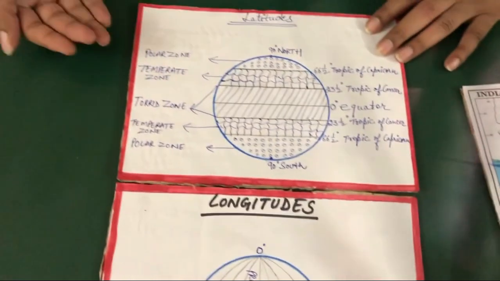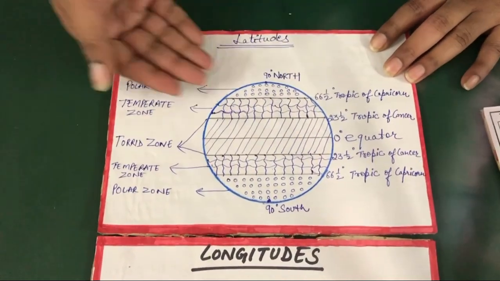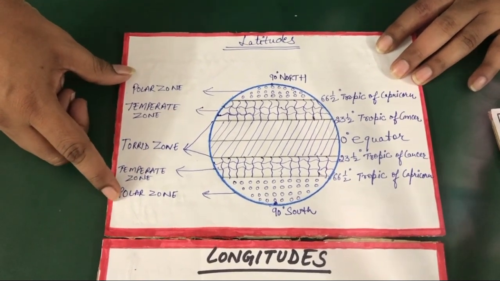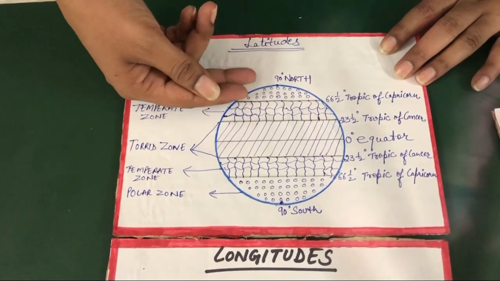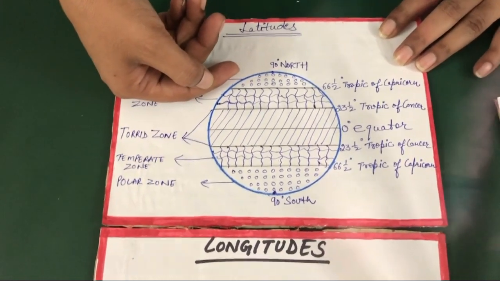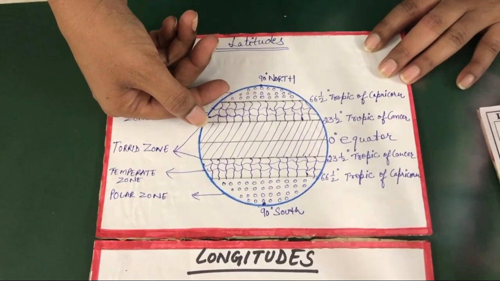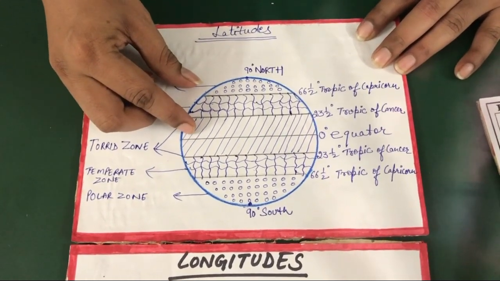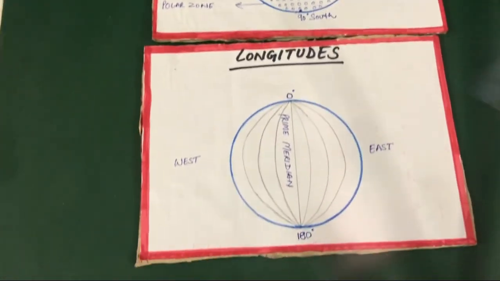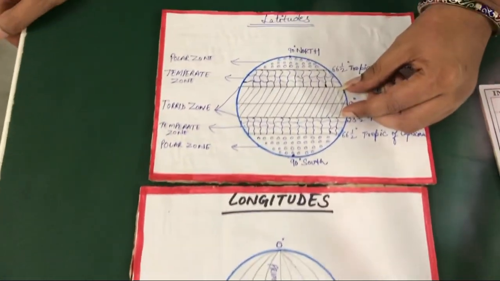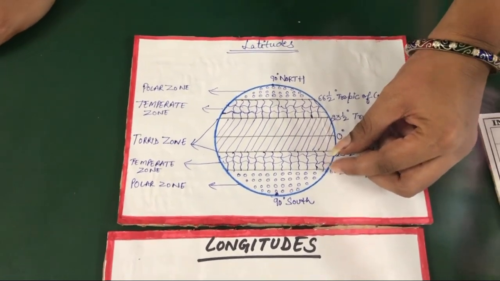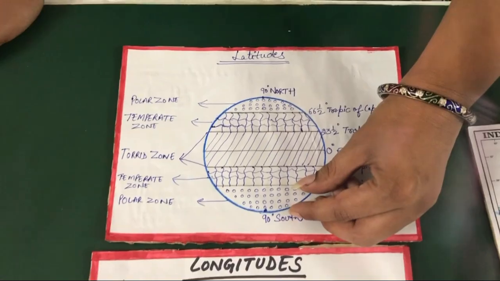And there are 3 major zones in latitudes, that is the torrid zone, temperate zone and polar zones. As we move towards the polar regions from the equator, it becomes colder and colder. That is why in Canada, England and Russia, the regions are colder and India falls in a heating area. The torrid zone has a mild kind of temperature and the temperate zone has colder regions. The polar regions are the frigid zones.